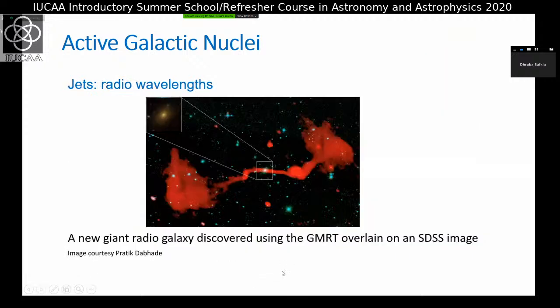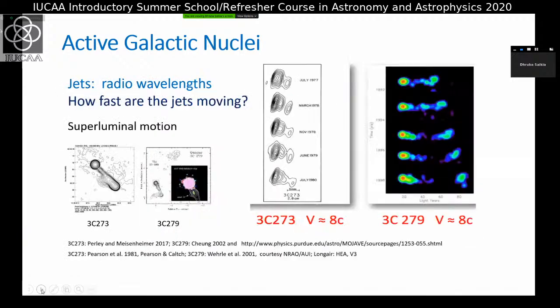I will show you another image. This was an image made by Pratik, one of your co-hosts today. Here you can see that the jets are symmetric. This is the optical galaxy, and the energy supply is symmetric. Also the outer extended lobes look reasonably symmetric. So the question is, why are some jets looking one-sided and some looking two-sided? Although the outer extended lobes, which are the manifestations of energy supply, look reasonably symmetric in both cases. We'll try to address that question, but before that, I would just like to remind you